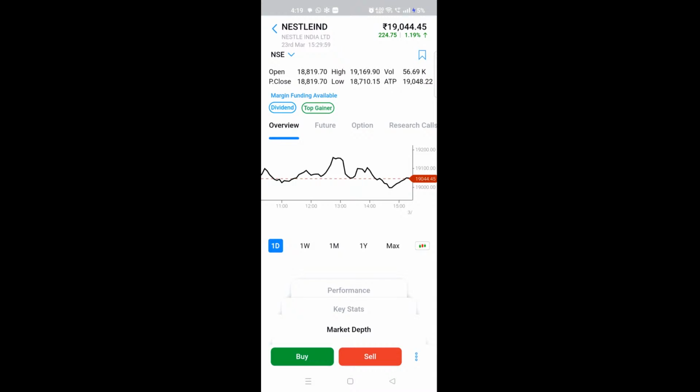For example, you see the basic price information in the first block, if this stock is available for the,